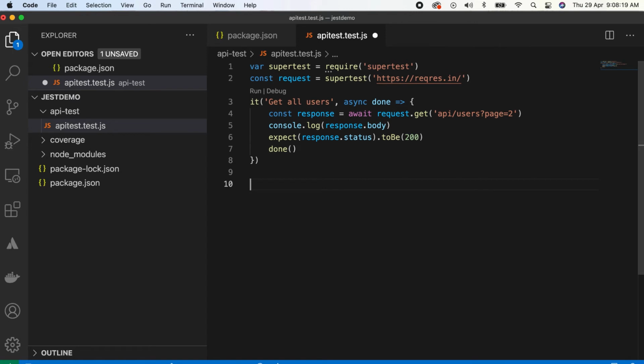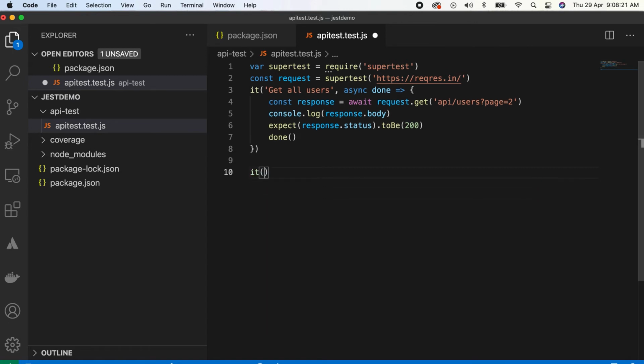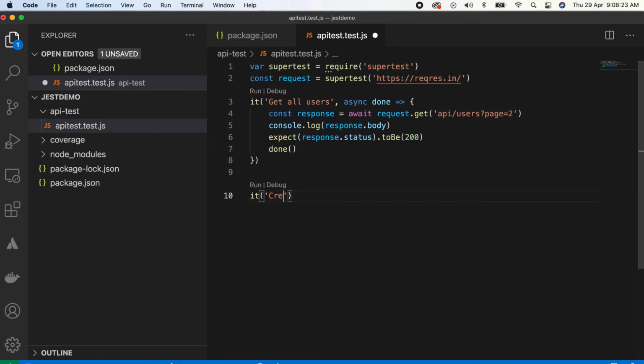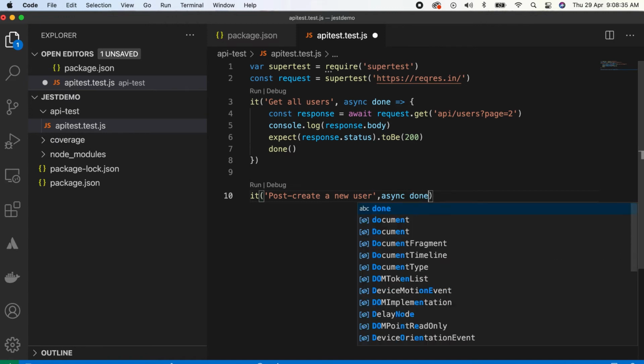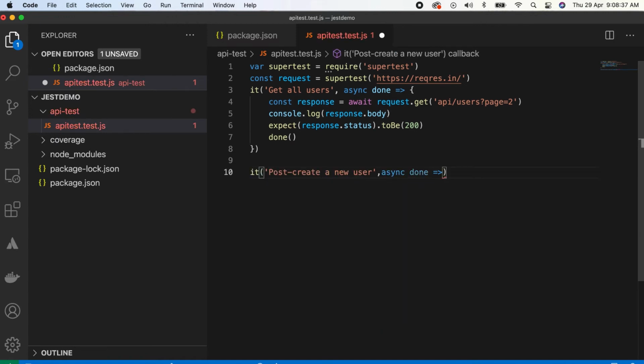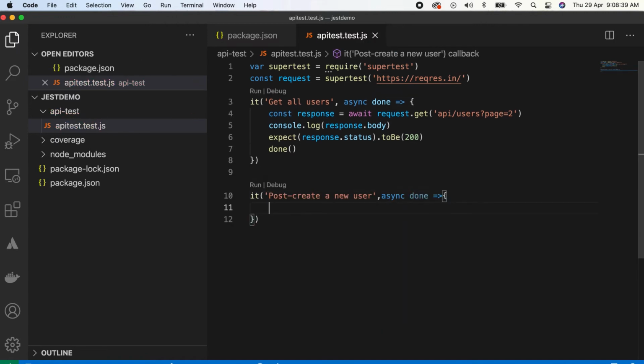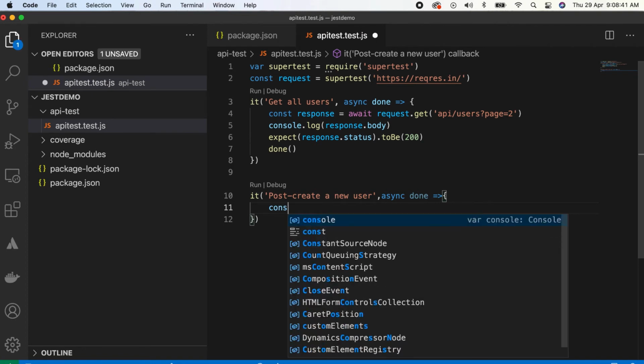Now we have written for a get, right? So next, this is for post: create a new user. Async done.